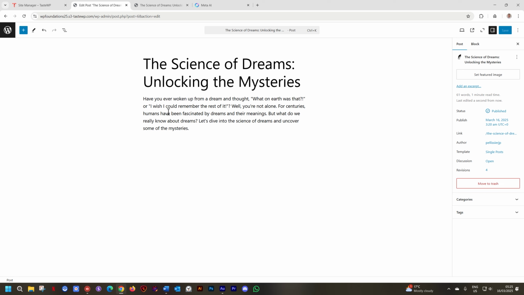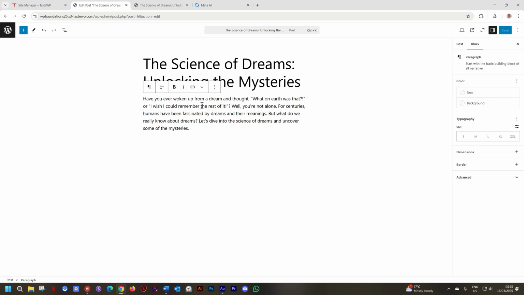Go to the back end and I want you to do the following. Go to the paragraph we've just pasted and put your cursor in front of this sentence, let's dive into the science, or whatever you have, and press enter on your keyboard, return on your keyboard. And you will see now it creates a second paragraph. And you will tell me, well, so what? But here is the interesting thing.